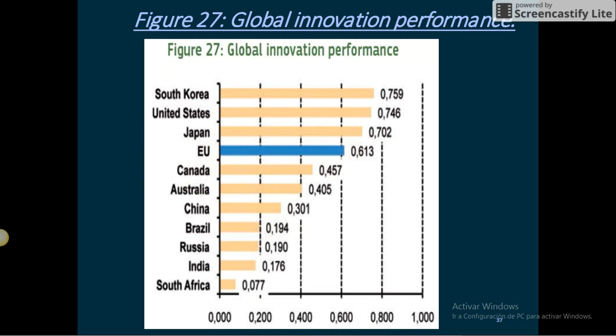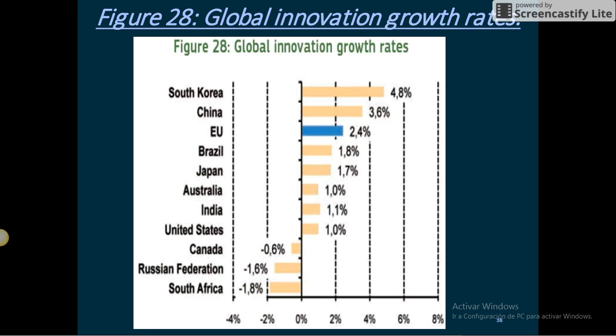Figure 27. Global innovation performance. Note: average performance is measured using a composite indicator building on data for 12 indicators, ranging from a lowest possible performance of 0 to a maximum possible performance of 1. Average performance reflects that in 2012 due to a lag in data availability. Figure 28. Global innovation growth rates. Average annual growth of the innovation index has been calculated over an 8-year period, 2007 to 2015. Due to a smaller set of indicators, the EU28 growth rate shown in this figure is not comparable to the one discussed in previous chapters.